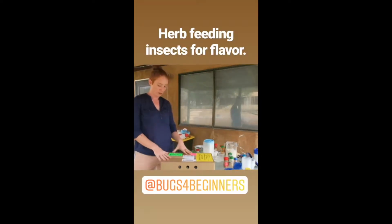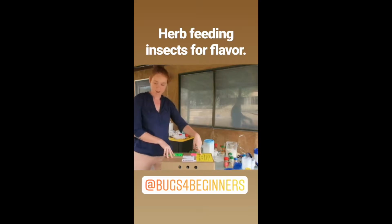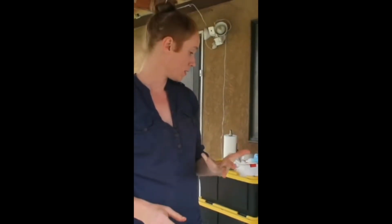So I have here some mealworms, waxworms, and hornworms that I ordered, and I know that the mealworms work because I've tried that before. I don't know if it's going to work with the waxworms or the hornworms. That's an experiment. Hornworms have a little bit of a leafy chlorophyll type of flavor, which is why I think they are an excellent candidate for herb feeding, because that says to me that they taste like what they eat. So I'm going to try to feed them some mint and some basil and some dill and see if